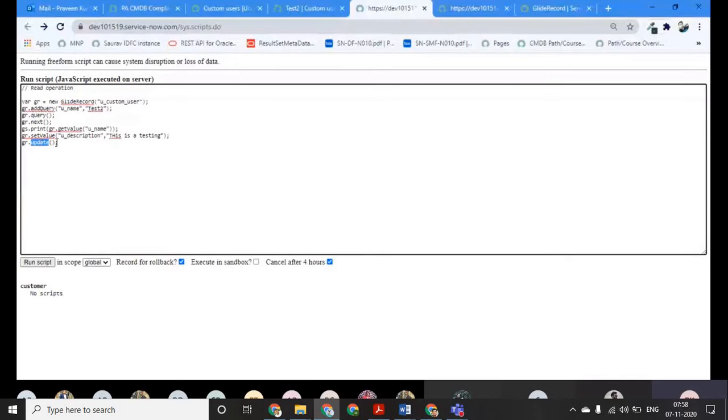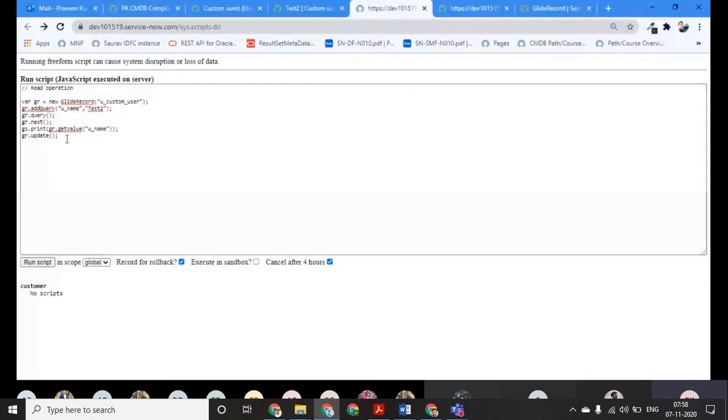Now we will come to the creation of the record. How to create the record, or before the creation I want to delete the record. Let's consider I want to delete the record. First of all, before deleting, because deleting is a very cautious thing, you have to be very cautious about the deletion of the records, right?